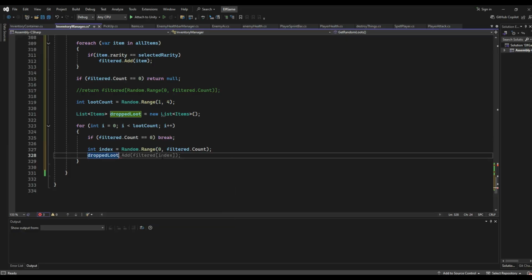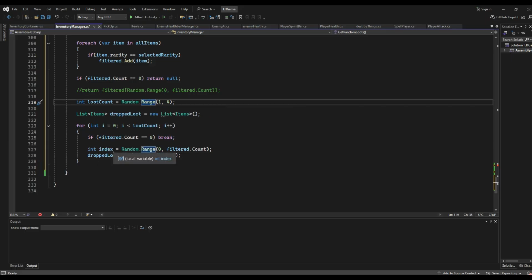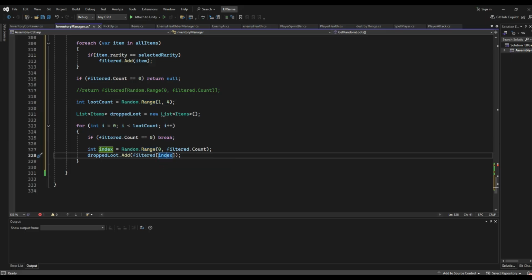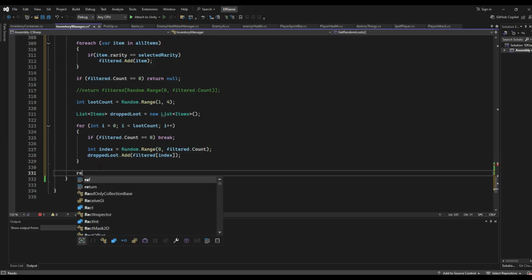Then droppedLoot.Add, yes, the index would be added here. If it goes 2 times, if you give me 2, 2 random indexes of that epic item or simple item are added here. So we have the list here, and here we have return